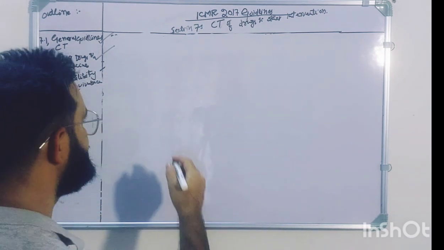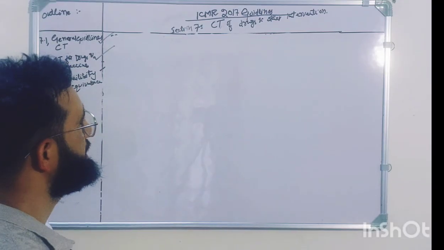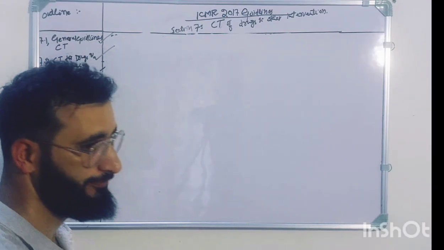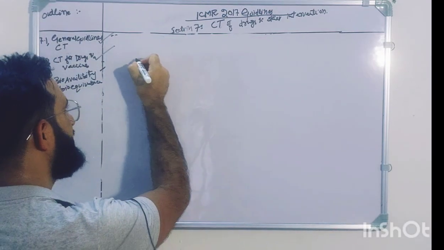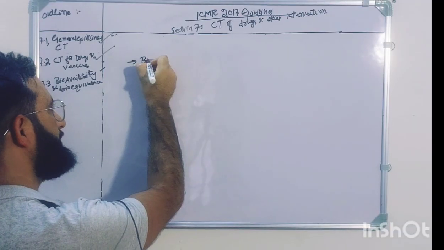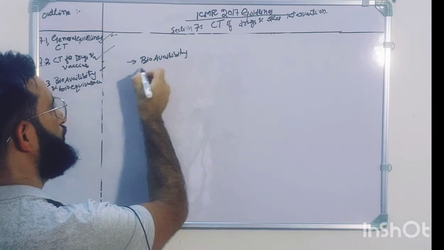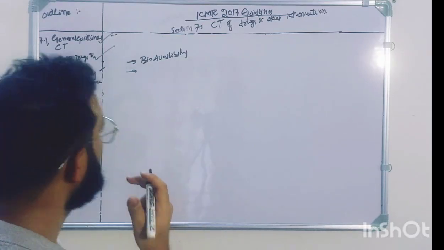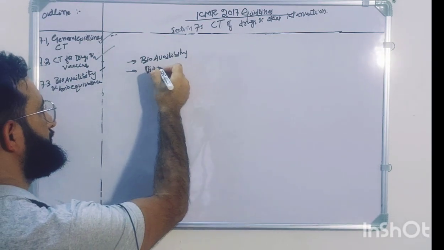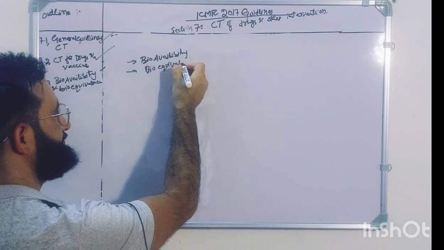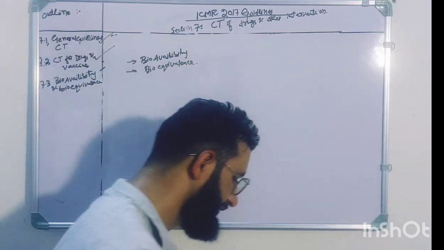So first, the ICMR 2017 guideline module. They have given the definition for bioavailability. What is bioavailability? And they have also defined what is bioequivalence. Regarding bioavailability,